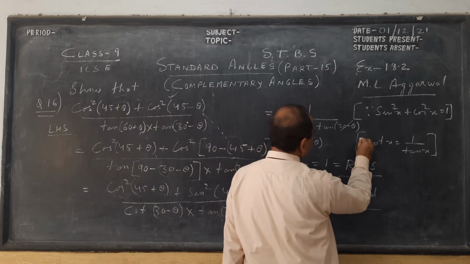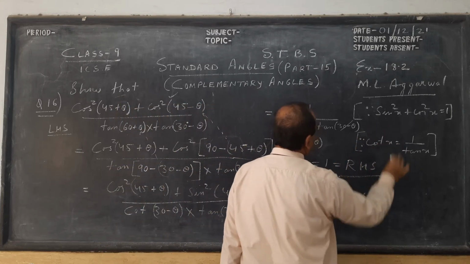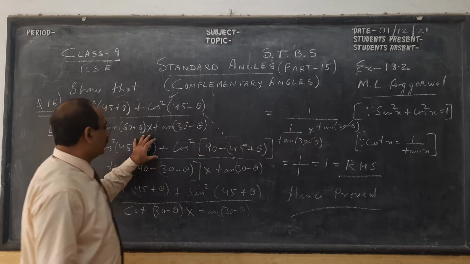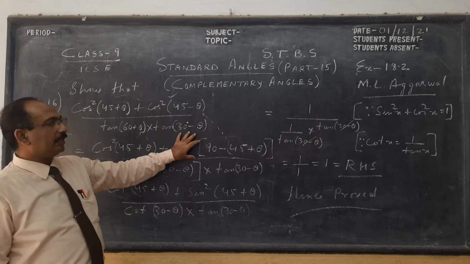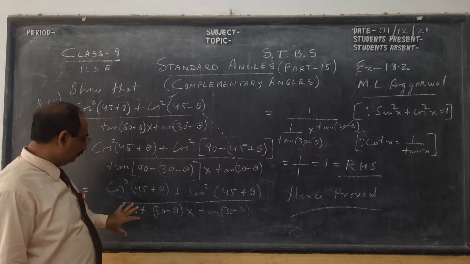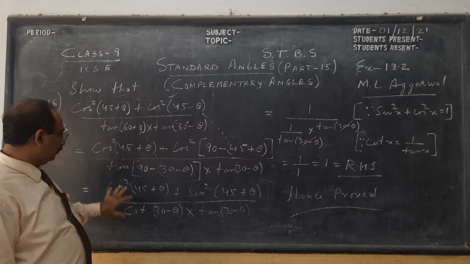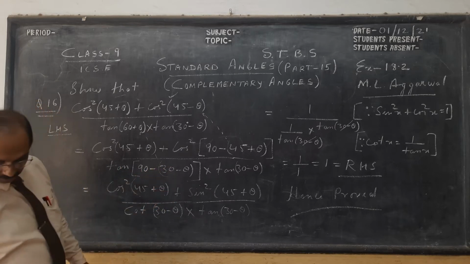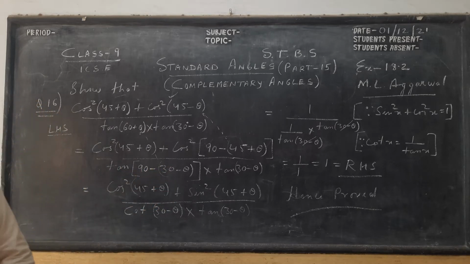So you can write since here wherever we use the formula. So we write that. Here also you could have written cos(90 minus theta) is sin theta, and tan(90 minus theta) is cot theta. So this is question number 16, children. Kindly pause the video and copy. Then we will do 2 sums from question 17 of exercise 18.2.